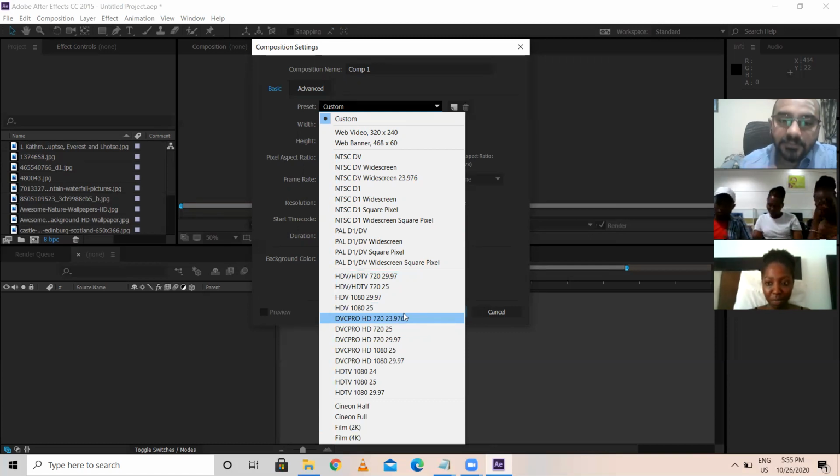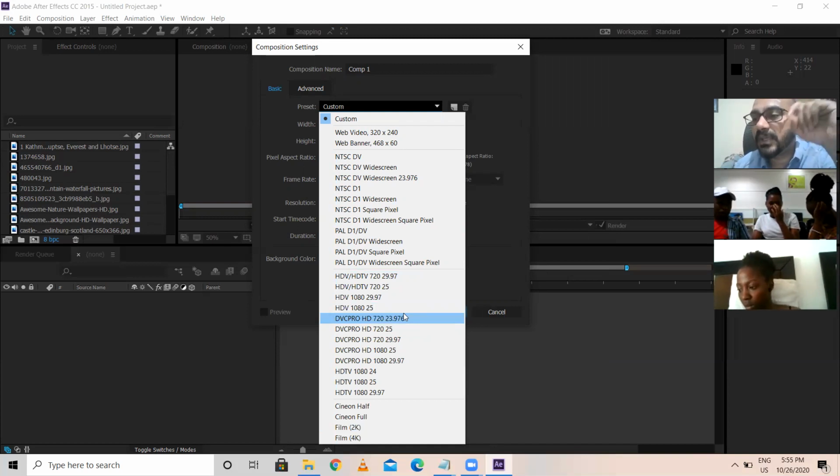Don't know? Those are called frame rate, meaning frames per second. You might have heard FPS, 24 frames per second, 25 frames per second.